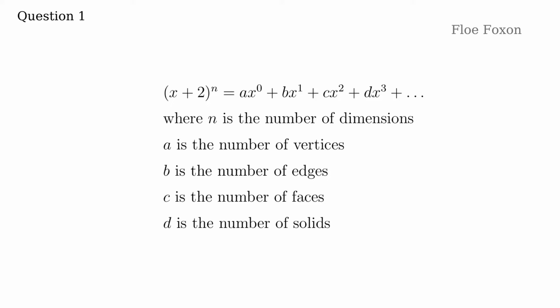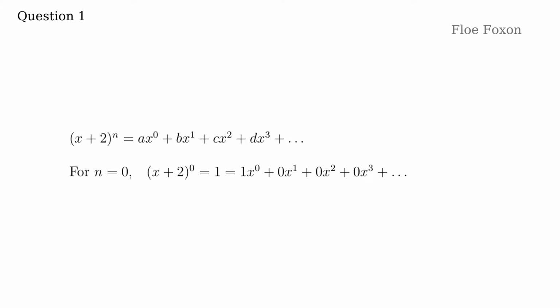As we shall see, for an n-dimensional cube, the coefficient a represents the number of vertices, b represents the number of edges, c represents the number of faces, and d represents the number of solids. For n equals 0, we have (x + 2)^0 is just 1, which can be written as 1 times x to the power of 0 plus 0 times x to the power of 1 plus 0 times x squared plus 0 times x cubed, and so on. What this tells us is that a zero-dimensional cube, which is just a point, has one vertex,